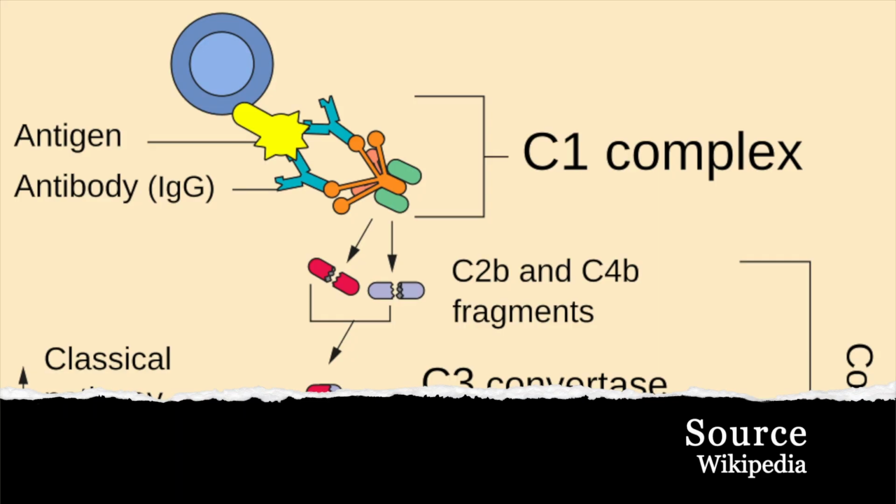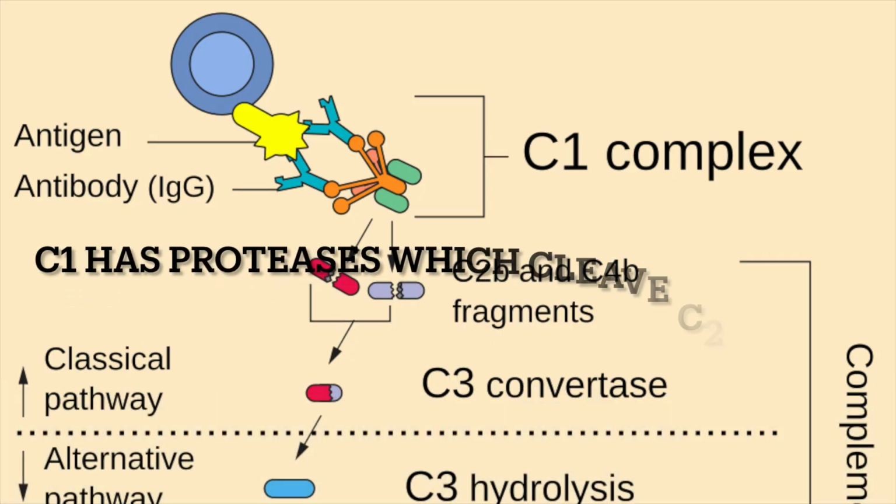But then you can also have antibodies which bind an antigen, and when I say antigen, this is just a very specific part of some molecule that's associated with a pathogen. So this could be a protein, a sugar, a fatty acid, or some combination of those. So it could be like a glycoprotein, whatever. It's basically just some part of a specific molecule that's only associated with that pathogen that this antibody binds to. And when these antibodies bind, they can then recruit the C1 complex,